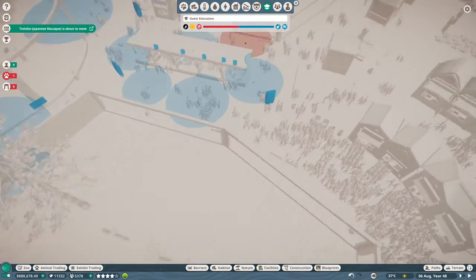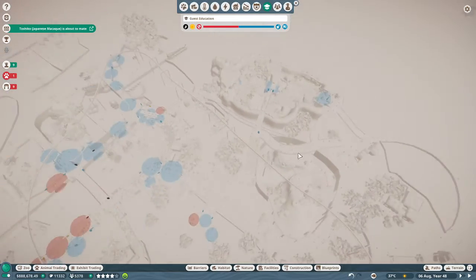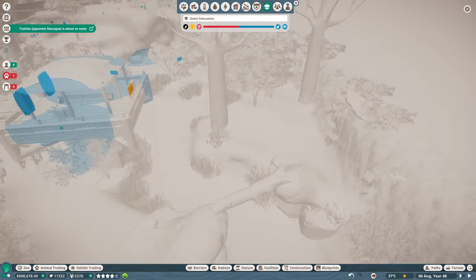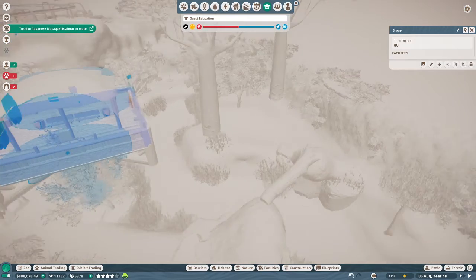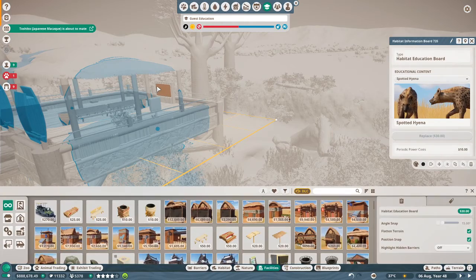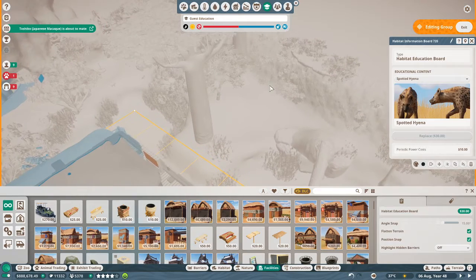I know I need to put something there so they can be useful. Where else does it say it's useless? My hyenas? No, hyenas are not useless. Oh. Palsy, how'd you do this? Okay. Well, why is this one not working? This one should be fine. I don't...